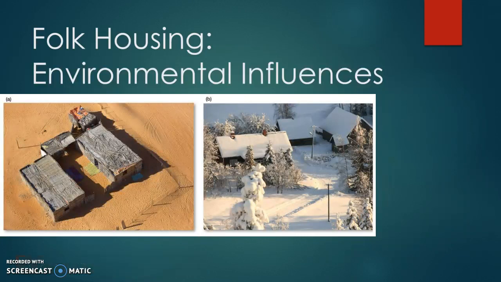So here is where we have two good examples of folk housing. I'm going to bounce between the two just to point out a couple attributes that are important. Okay, so we see snow on the right, which is on the roof. Obviously, we don't see snow on the left because, well, they're in a desert. So the reason why we have these angled roofs is for the snow. If we had a flat roof like this, you could have 5 feet of snow packed on top of your house. That ceiling caves in, your neck's broken, you're dead. Okay? So what we have is these angled roofs.